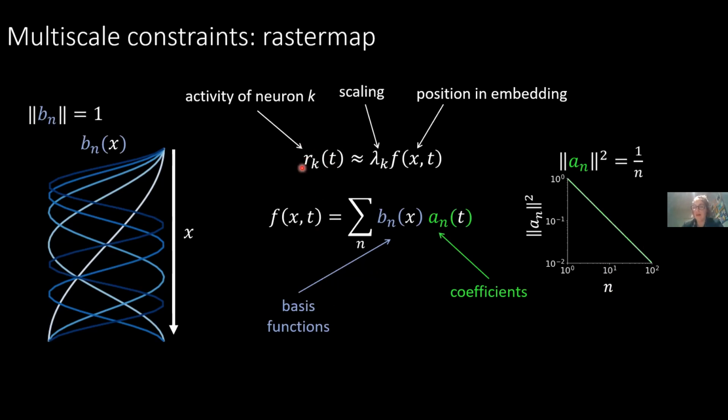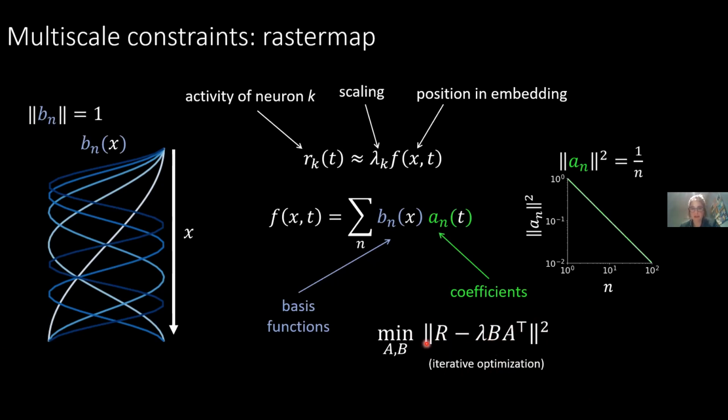And so we are going to rewrite R as a matrix, and we can rewrite B as a matrix as well, where we plug in the X's for the neurons. And then we have A, which are our coefficients, and lambda as well. We do this in an iterative optimization. Let's say you know A and lambda, then you can find the best B, the best X, the best position of the neuron across that embedding. And then if you know the position, you can fix the position and then recompute A. It ends up being basically A transpose times R, because B is going to be orthonormal. All these vectors are orthonormal to each other, so you're basically just projecting back onto